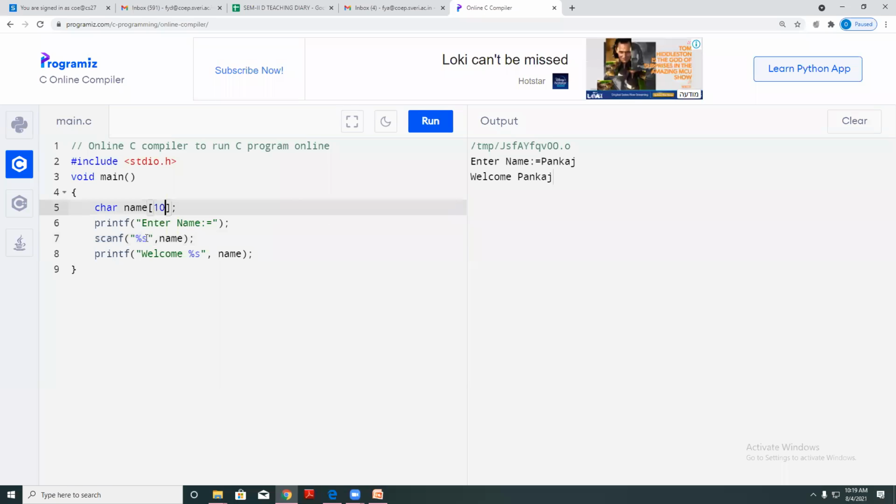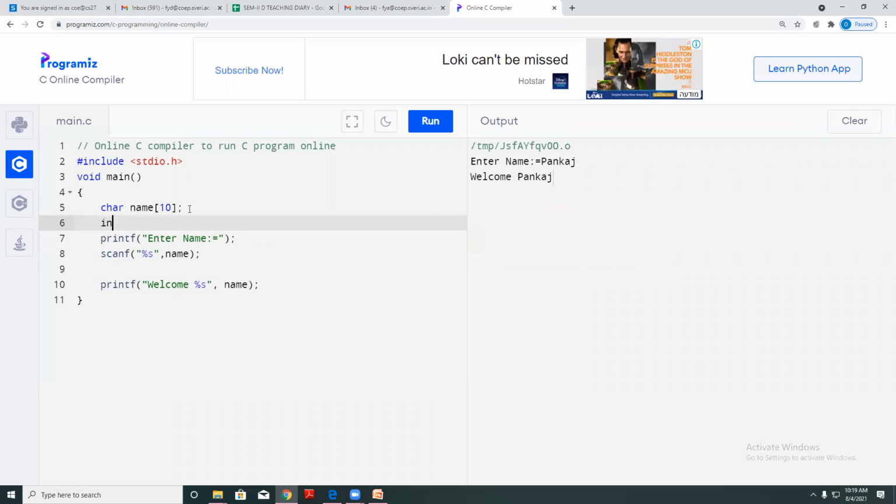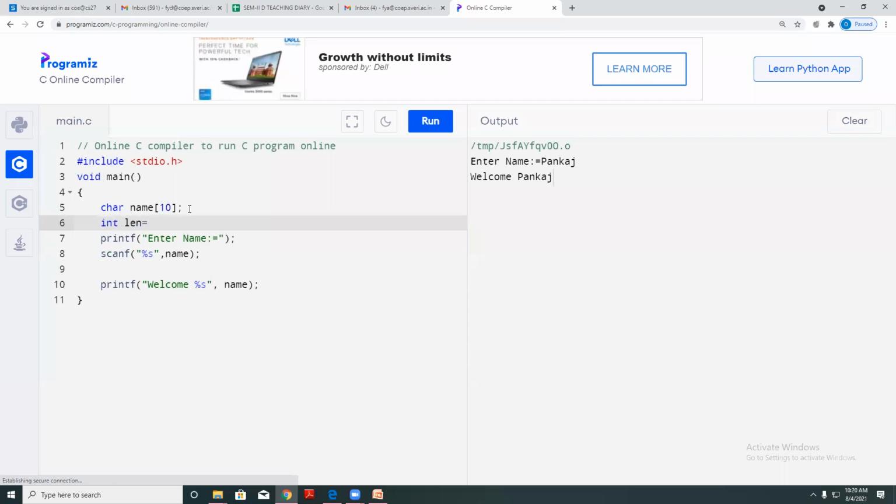Okay, so how to use it? Here I will take one variable as integer, length, equal to 0.